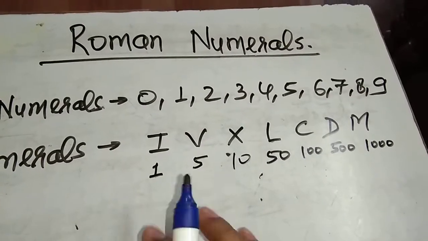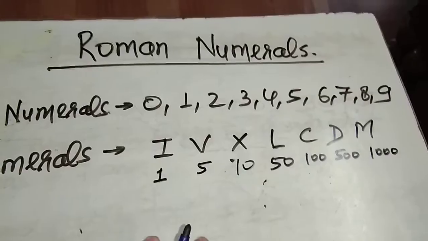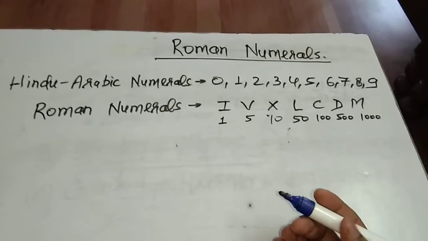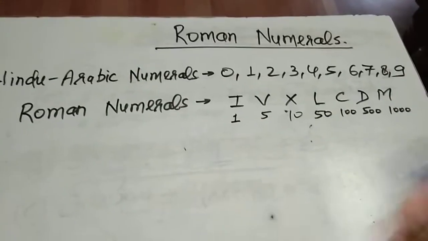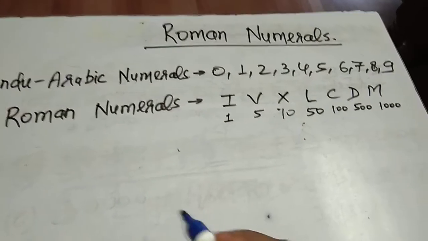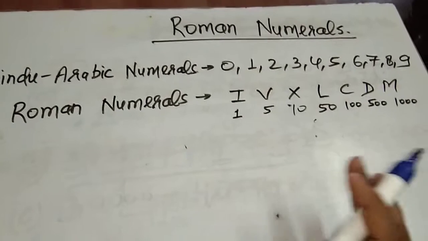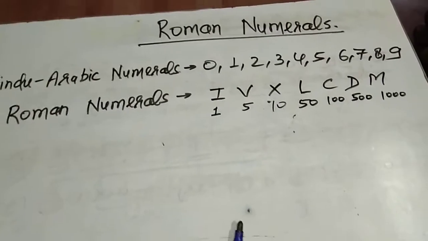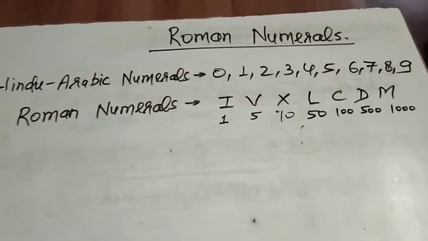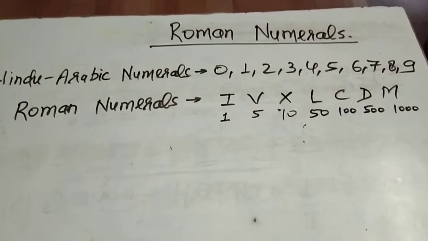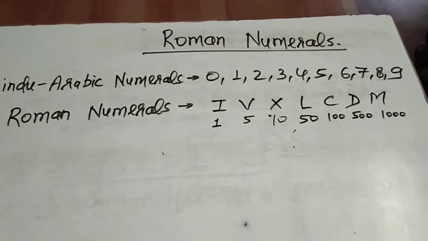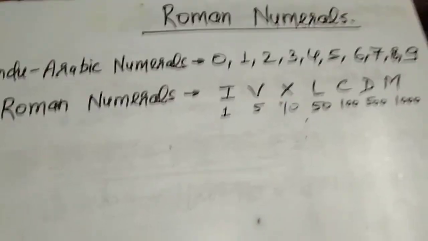So some rules are here. It is not possible to write all the rules because they are so long, so those who have books can read from the book. Otherwise just listen carefully, because in class 4th I told all the rules in detail. Those who do not have the maths book for class 5 can read from your class 4th classwork copy, or you can also use your class 4th maths book. All the rules are given there also.